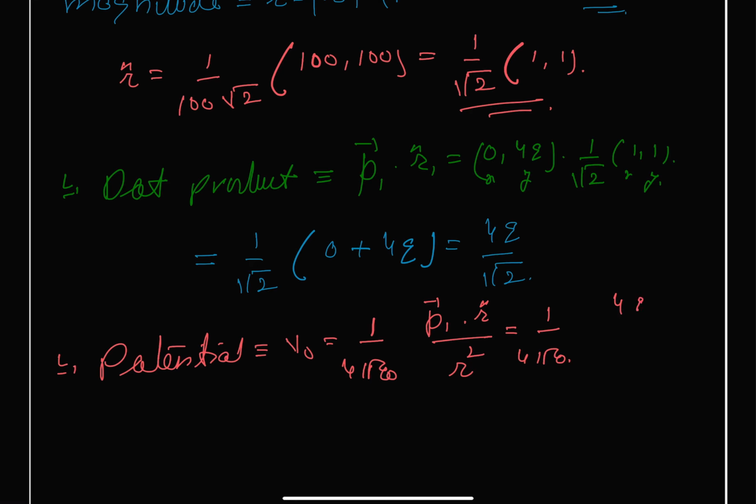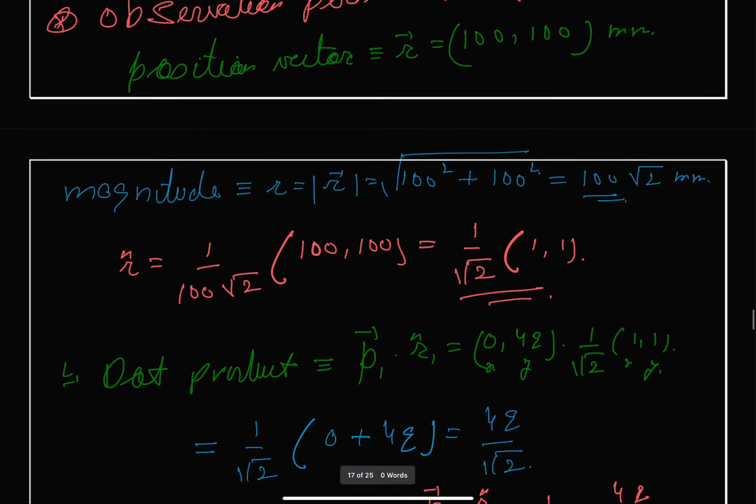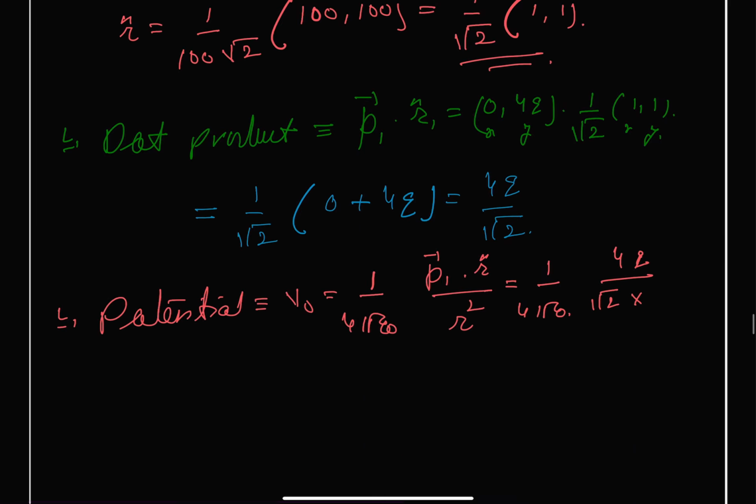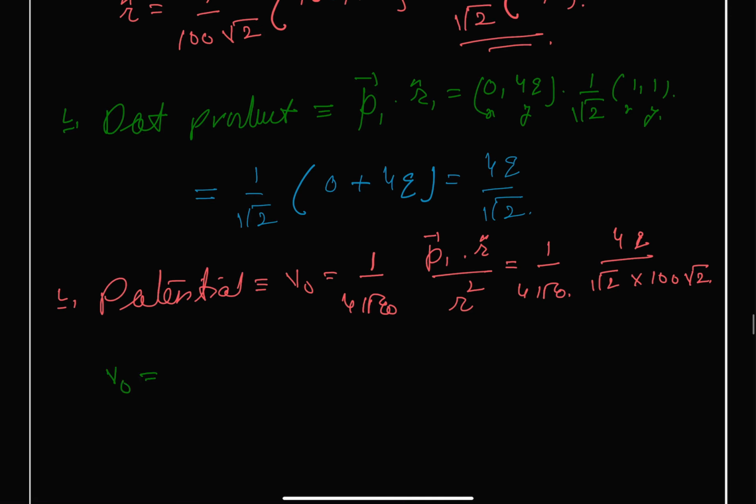4q and square root, and we found out our R square is our 100 square root 2. And this gives us that the V0 will be equal to 1 upon 4 pi epsilon naught. So this will be our 4q, and this comes as 2 into 2 square, and this comes as our